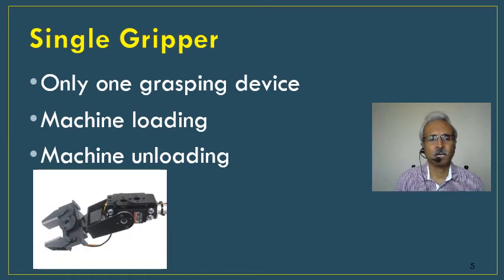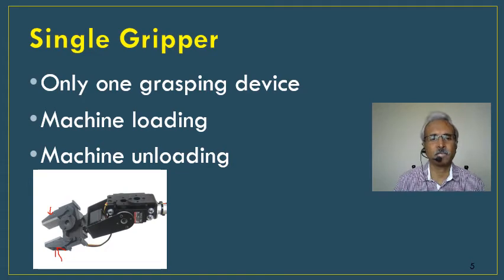So you can see one type of single gripper here. There is one pair of fingers here. This is one finger and this is another finger. And now you recollect when we were discussing the wrist, we said only the wrist gives additional flexibility for orienting. And in fact we discussed there are maximum 3 degrees of freedom.